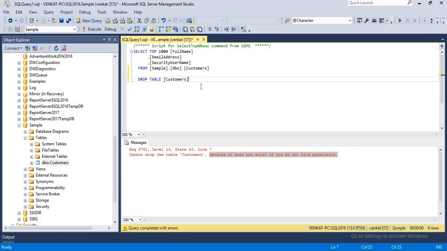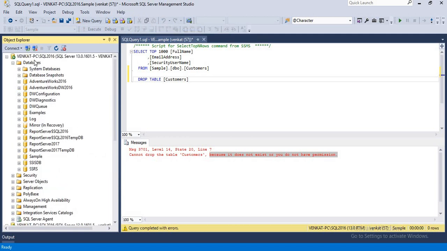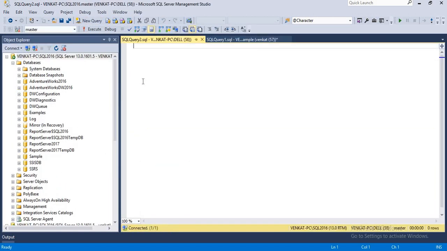In most of the cases we will be using queries only, since you may not have privileges by using the GUI in some of the areas. So it depends, but I'll show you both the ways. So let's quickly come here. Let's go to the administrator privilege. This is the admin privilege. Let's click on new query.